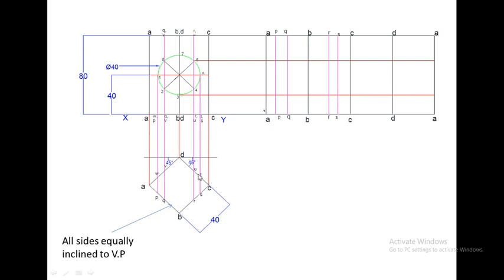For marking point T, take the distance on rounder from C to T. Place your rounder at point C, cut an arc in front of it and name it as T. This is a vertical edge T. Again take the distance on rounder from C to U. Place your rounder at point C, cut an arc in front of it, name it as U. Similarly, you have to draw the remaining vertical edges passing through point V and point W. So vertical edge V and vertical edge W.